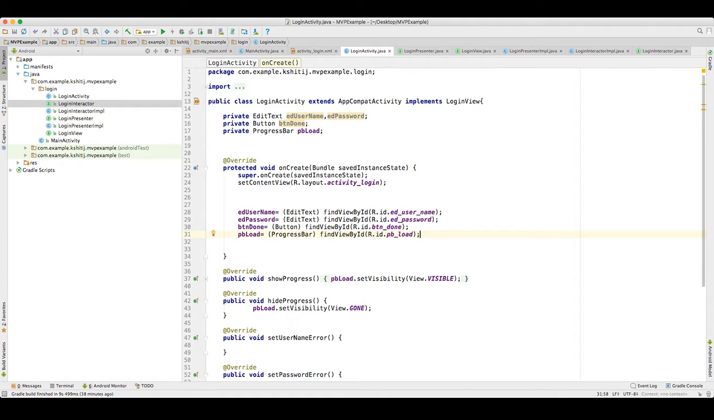So we start with the activity. We are here in the activity section. Let's move to